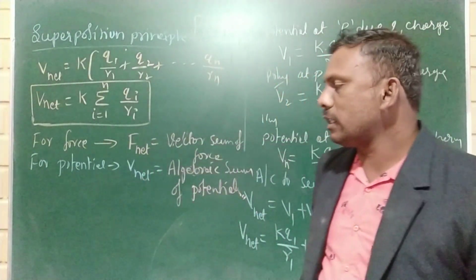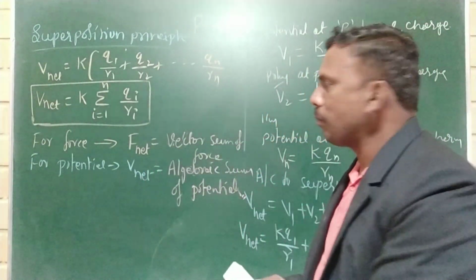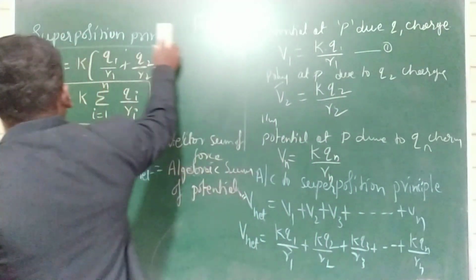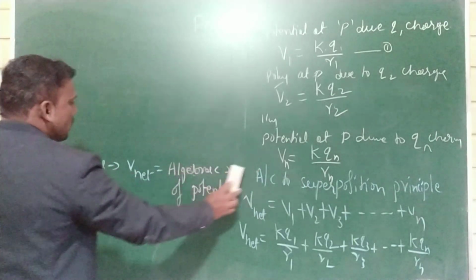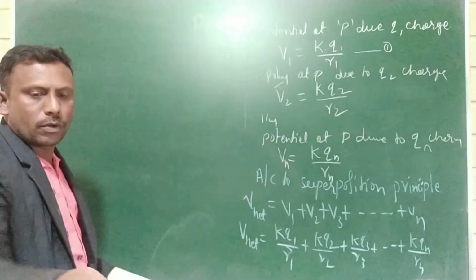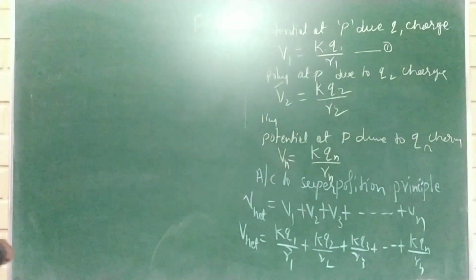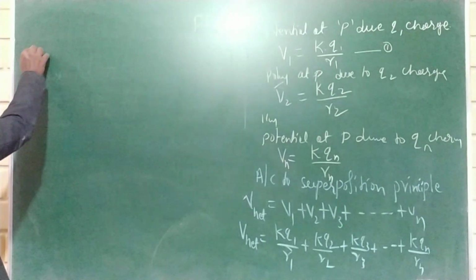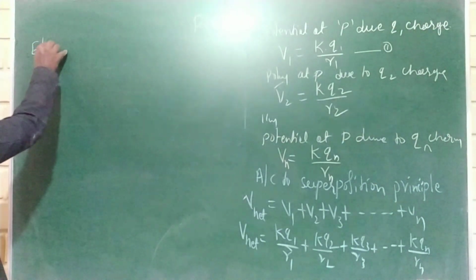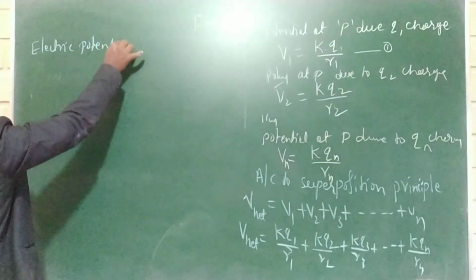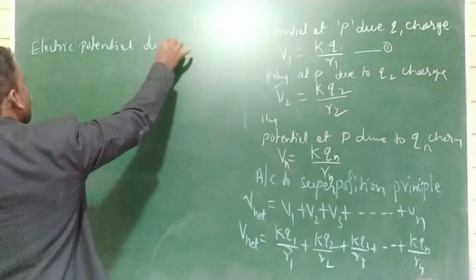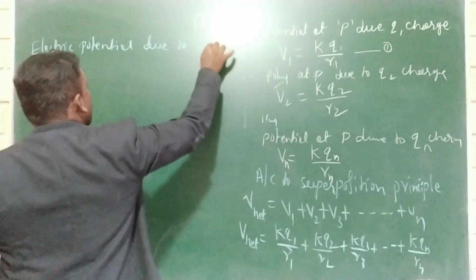Next is electric potential due to a dipole, or electric dipole. Electric potential due to an electric dipole, V is equal to...